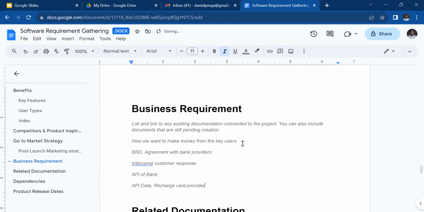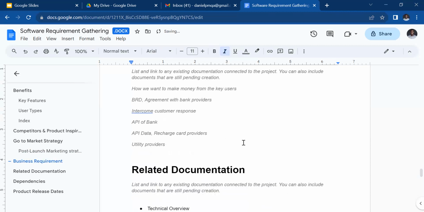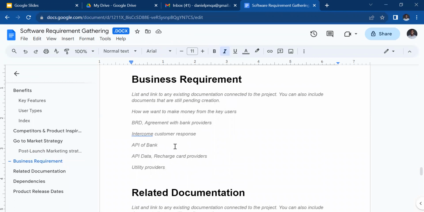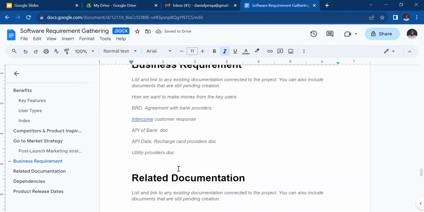Yeah, so we also have utility providers. So it depends on the services you are using. So you need to let us know the documentation of all this, the doc of it. You put the link of this doc that explains the business requirement, and this requirement would specify